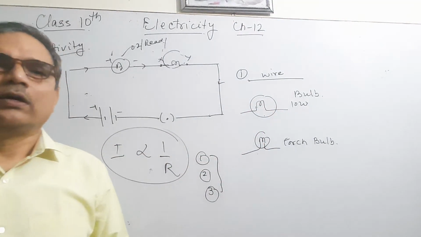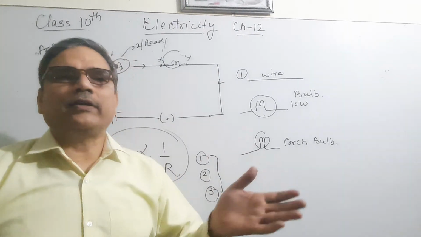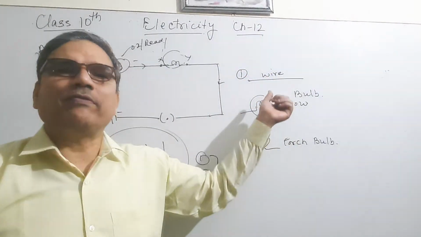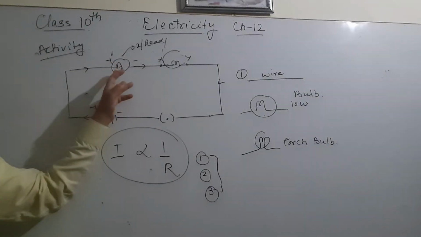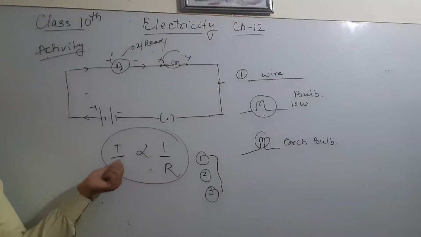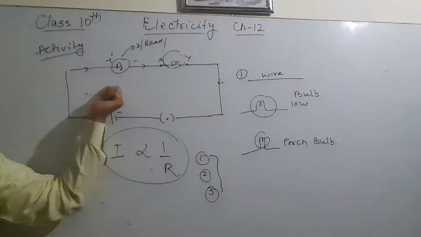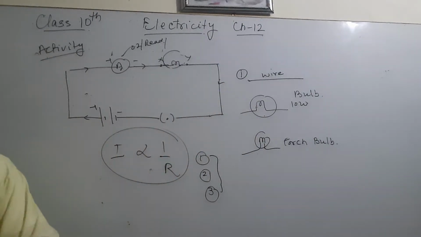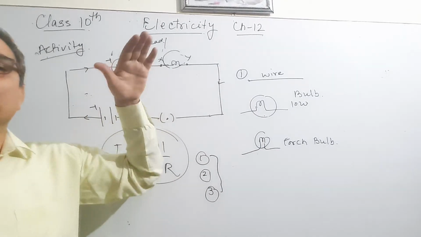Yes or no? The reading of the ammeter is not the same in all three conditions; it is different for the different electrical appliances. Why? Because they have different resistance. Where resistance is more, the ammeter reading will be less. Why? More resistance means less current. If the resistance is less, then the current reading will be more, meaning more current is allowed to pass. I think the resistance of the electric bulb is more, so its reading will be less.